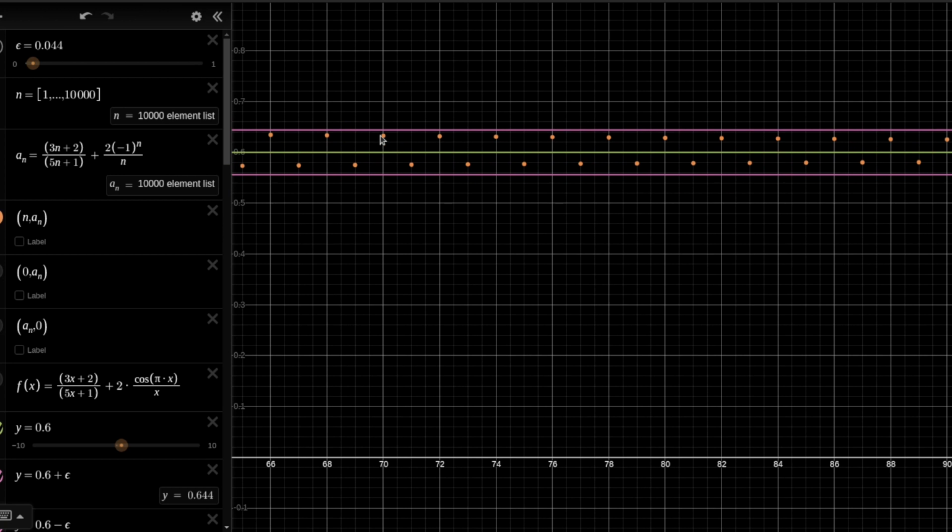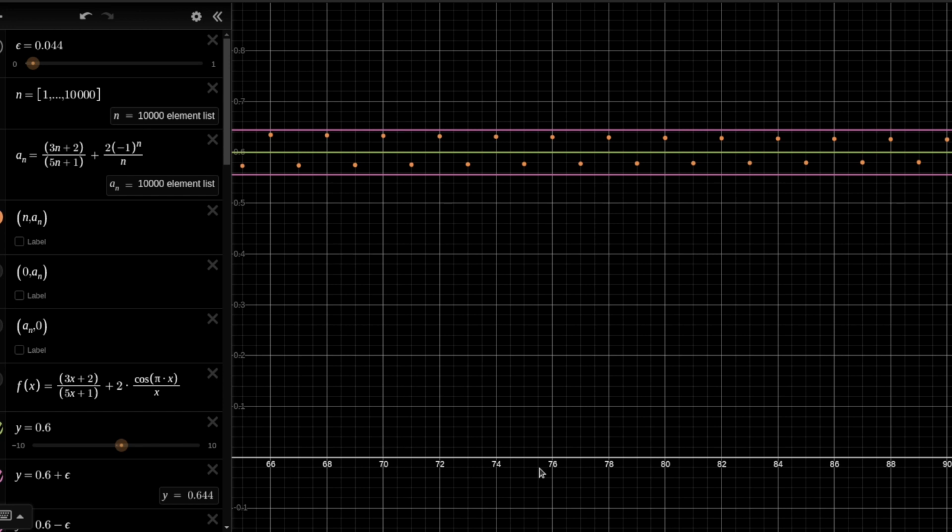All the elements with index bigger than 70, their distance from the limit will be smaller than 0.044, etc. So this idea that for every epsilon, I can find this n of epsilon, this natural number, starting